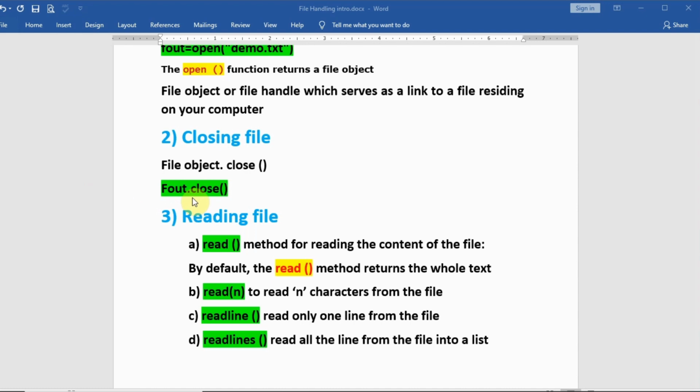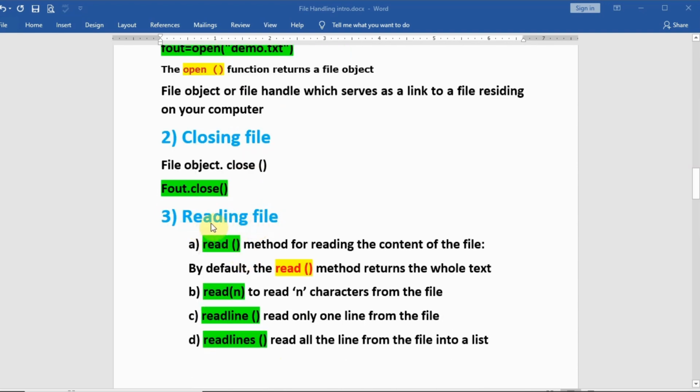The close function breaks the link between the file object and the file on the disk. After close, no task can be performed on that file through the file object, because the connection is closed.